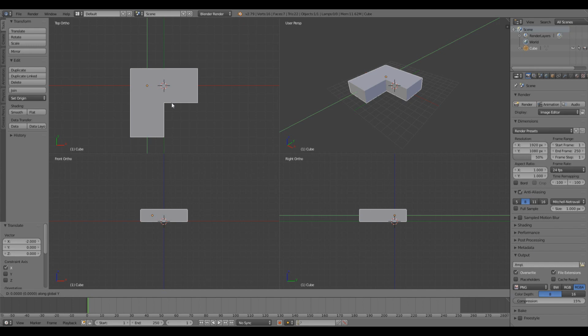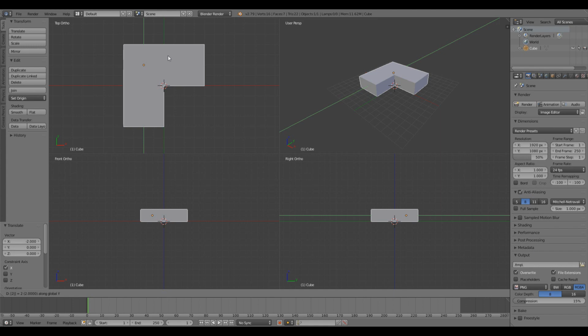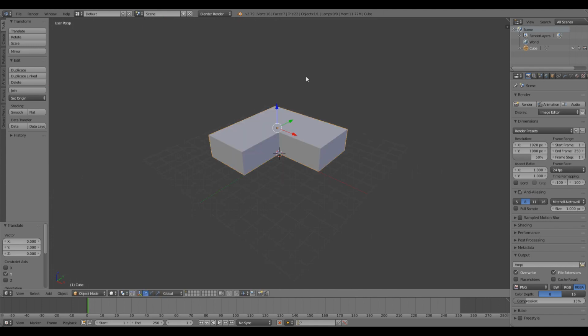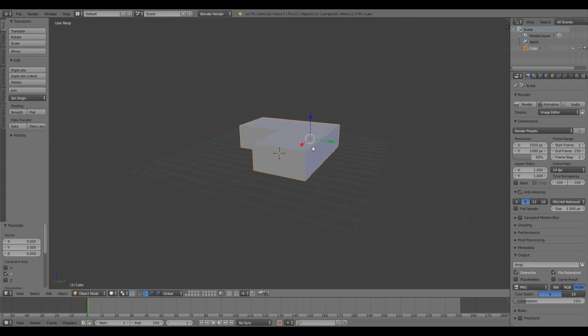No, so how? G, Y, and 2. I don't know why I can't move this in that opposite direction. G, Y, 2. Okay, now it's good. Enter. Okay, Ctrl, Alt, and Q, and now we are back in this viewport, and now our little house is